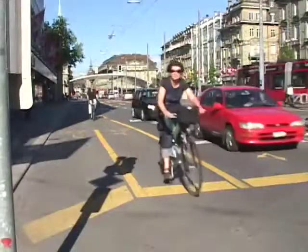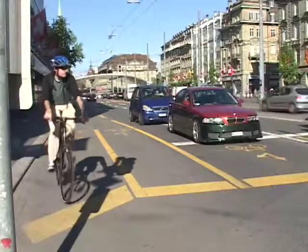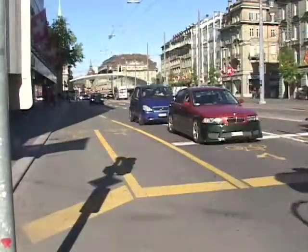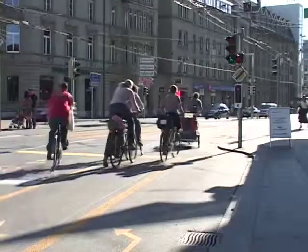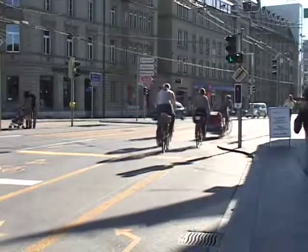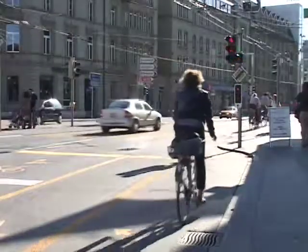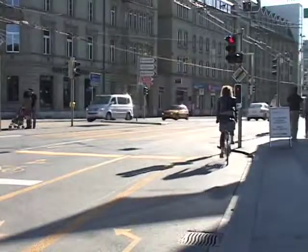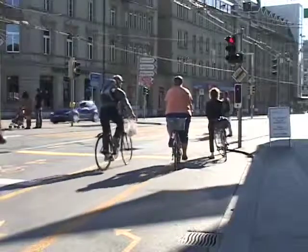This intersection approach has a through right bike lane with a left turn bike lane located adjacent to the curb. Here is a forward view of the same intersection approach. Again, note the left turn bike lane adjacent to the curb, then the through right bike lane, and the through right bike lane advanced stop bar, allowing cyclists to queue in front of the motorists who have their own white-colored